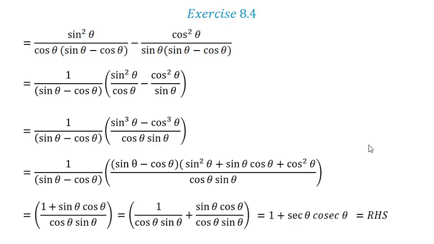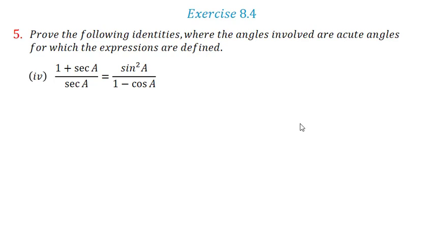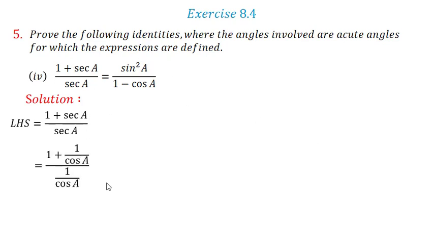The more you practice, the more you understand different formulas, different identities, where to apply, and it is easier for you to solve the problems. Okay. The fourth problem is 1 plus sec a upon sec a equals sin square a upon 1 minus cos a. Now the left hand side is 1 plus sec a upon sec a. I have to convert them in sin and cos. So let us convert. I will write this as 1 plus 1 upon cos whole divided by 1 upon cos a. So this is cos a plus 1 whole divided by cos a into cos a upon 1. Now this cos a will cancel. So I have cos a plus 1. So I have arrived at a very simple solution, that is cos a plus 1.